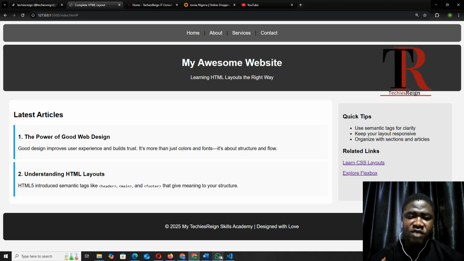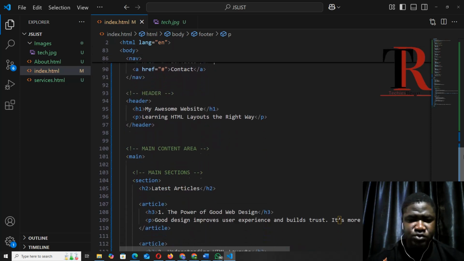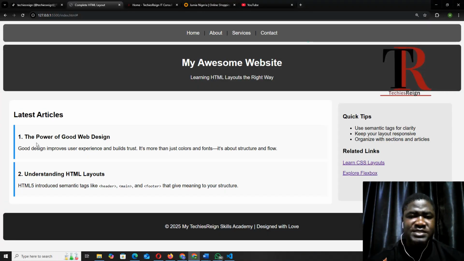Then we also have another thing we call... Before I go to that, here I used main. The main here is showing the whole content area, from this top right here. So it's covering everything inside this place. Both this article area and this quick tip area are all wrapped inside